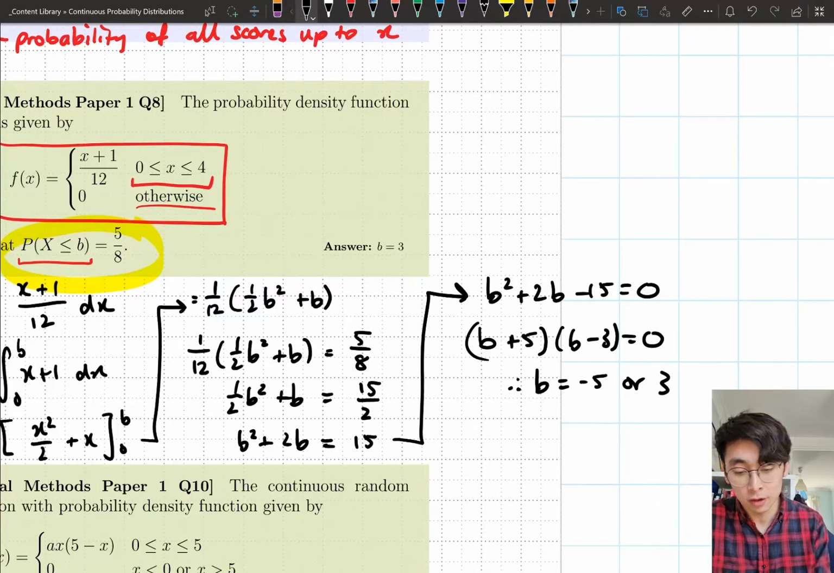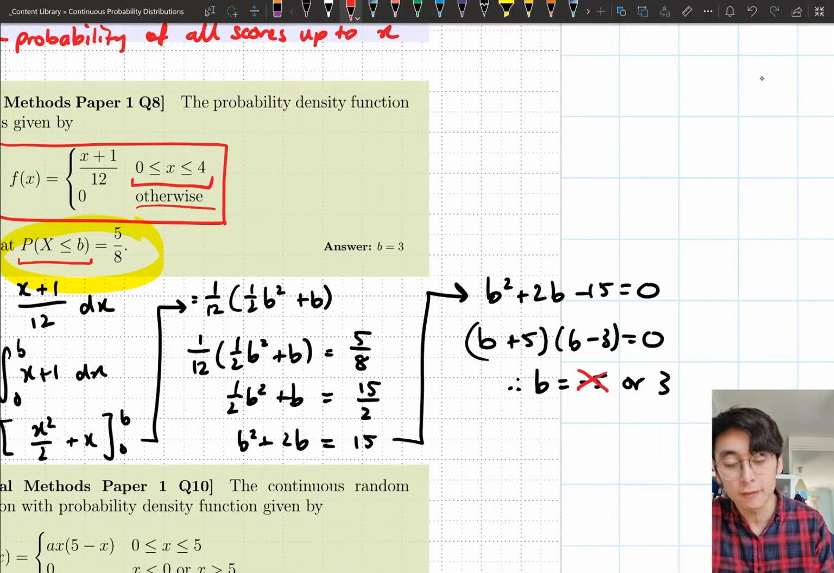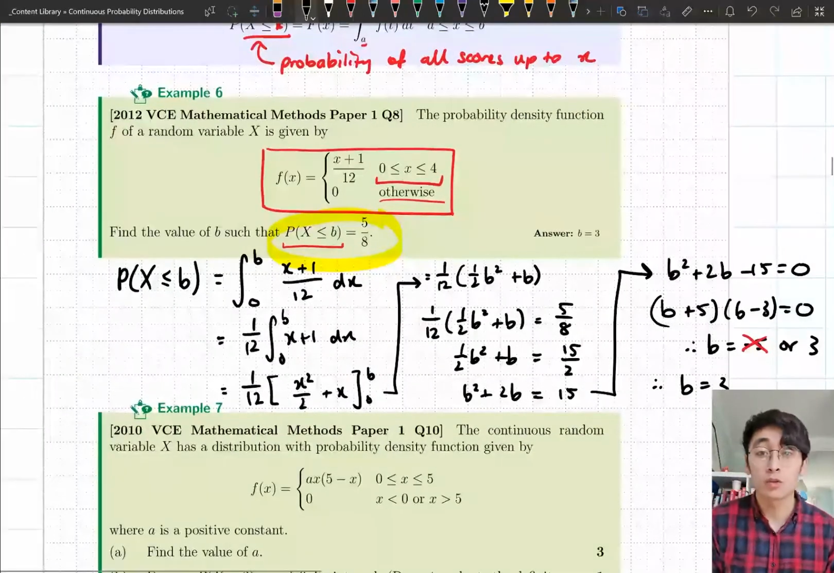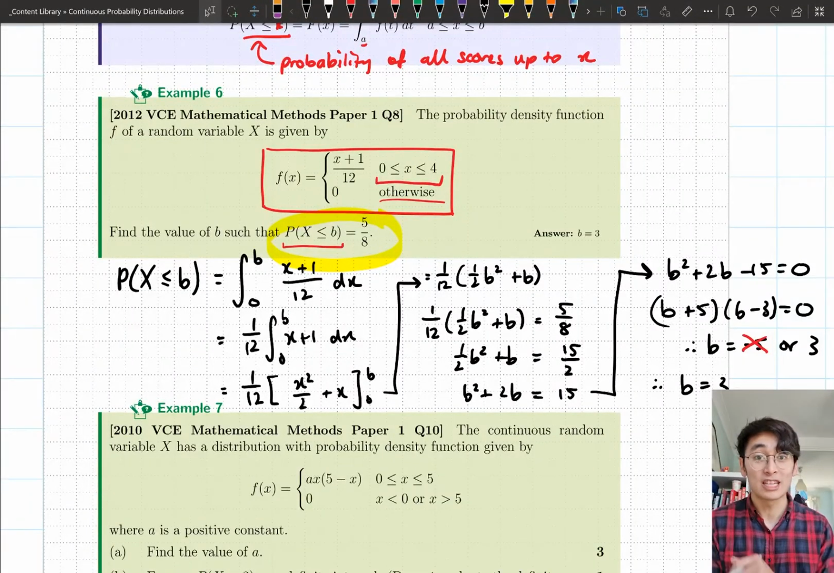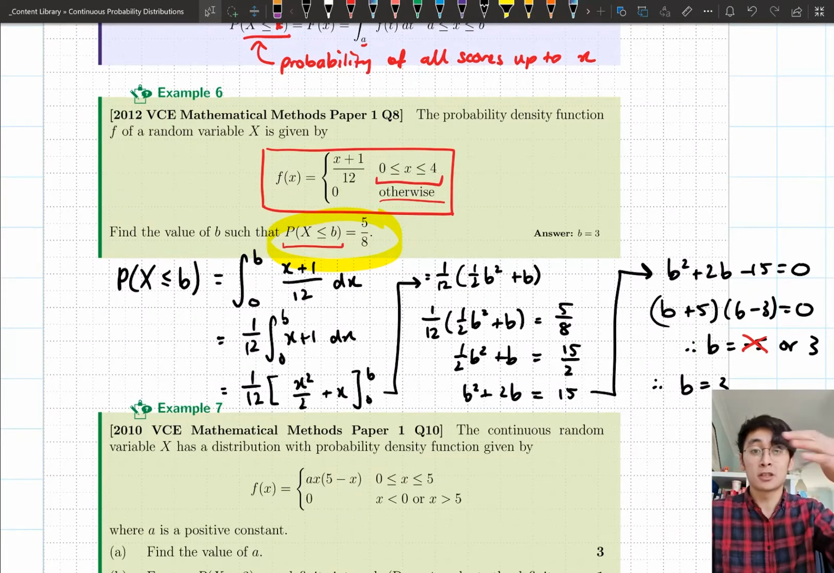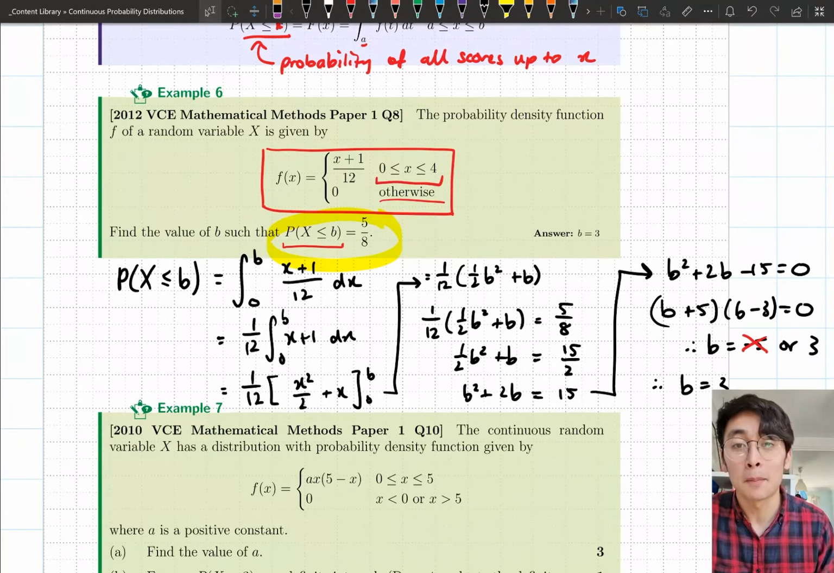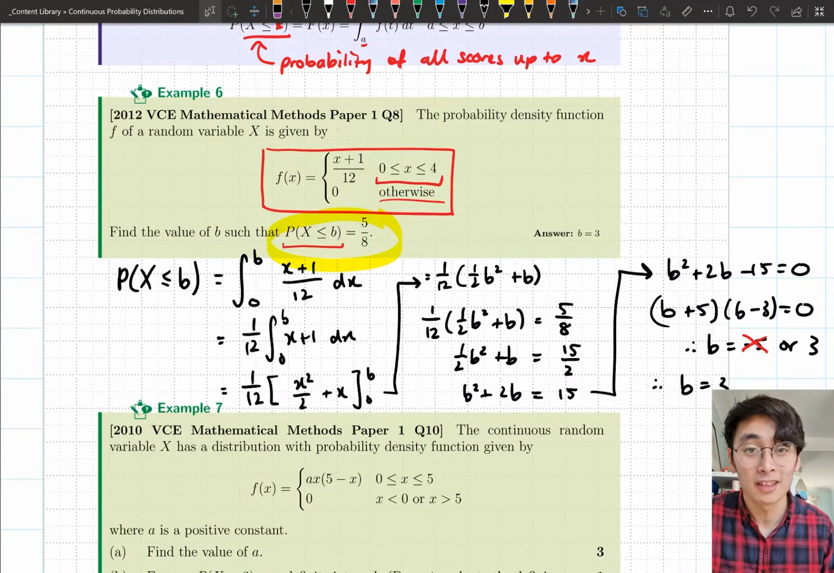So which value is not going to be allowed? Well, it can't be -5 because that is not between 0 and 4. So I'm going to write here, therefore, b is equal to 3. So that's how we solve these questions with a probability density function. We're just integrating from the lower value of our allowable values, so our scores, up until whatever score they have inside that particular point. And that actually helps me find the cumulative